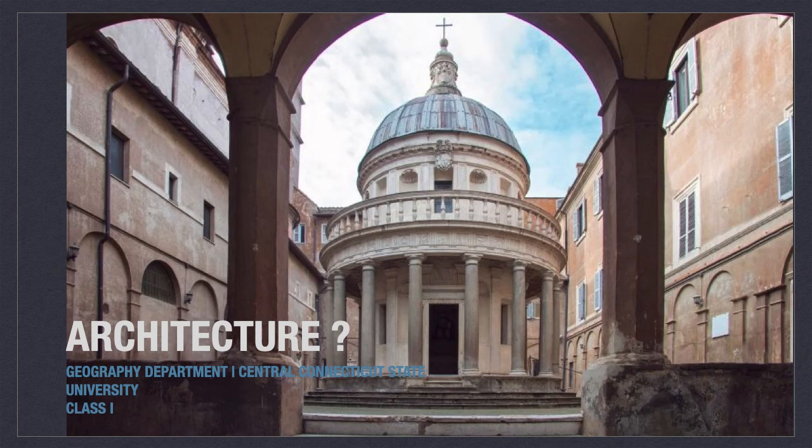In 1502, Bramante built the Tempietto to mark the historic location of St. Peter's martyrdom in Rome. Ferdinand and Isabella of Spain funded the project for him. And here it is in all its glory. I admit that it took my breath away as a young student on my first visit.